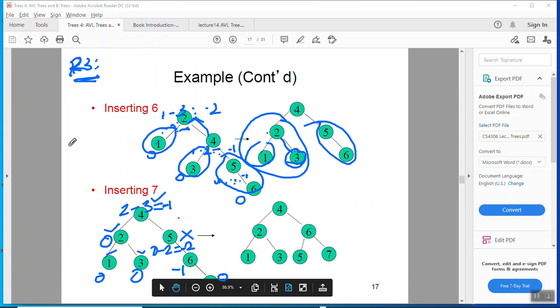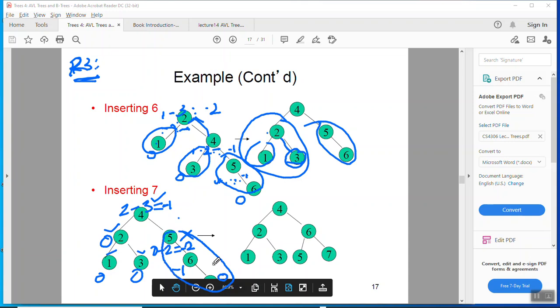So as soon as we get a problem, we do not need to check all the other remaining nodes. Whenever we get an issue in our balance factor, we need to deal with it right away, starting with that node and the next 2 nodes. So what are the next 2 nodes? It will be the last one that was added. That issue arises due to the addition of 7, right? So we need to consider only these